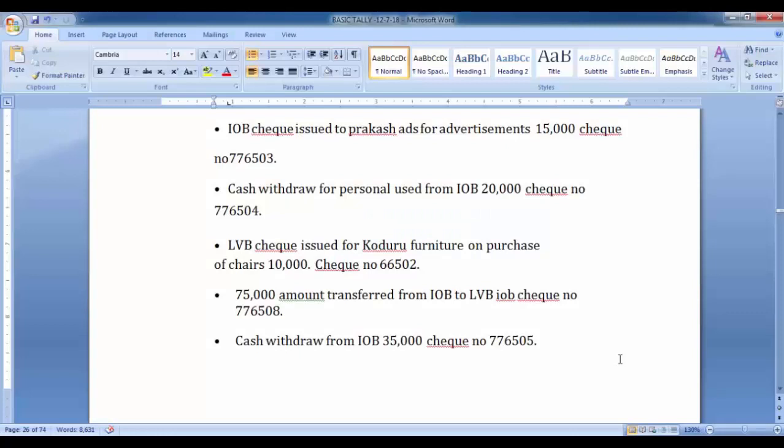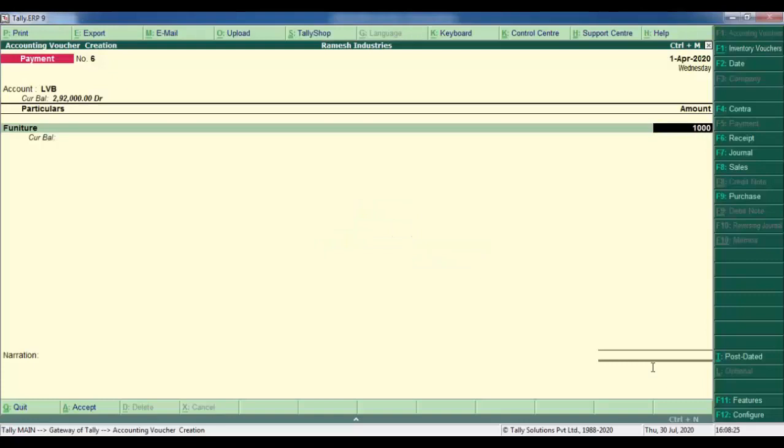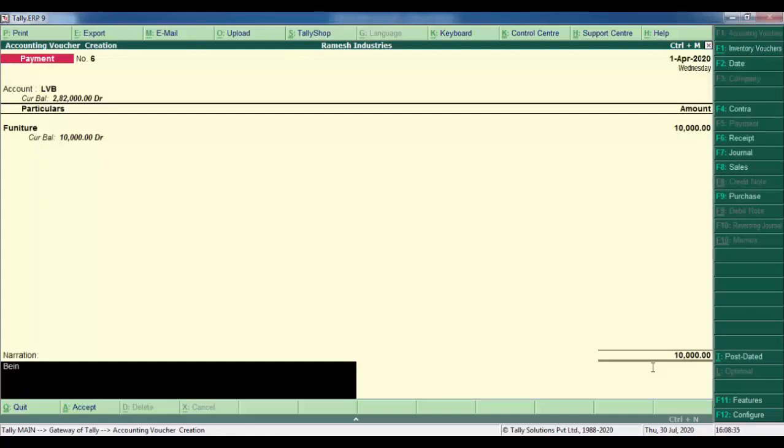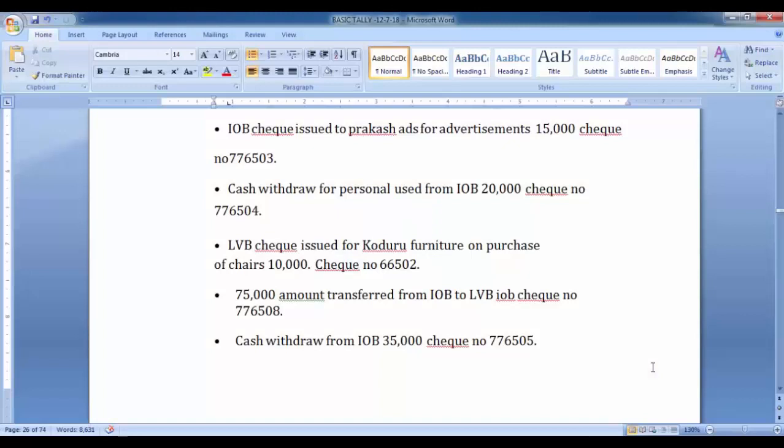The amount is 10,000 rupees, the check number is 66502, being purchase of furniture from Koduru Furniture.